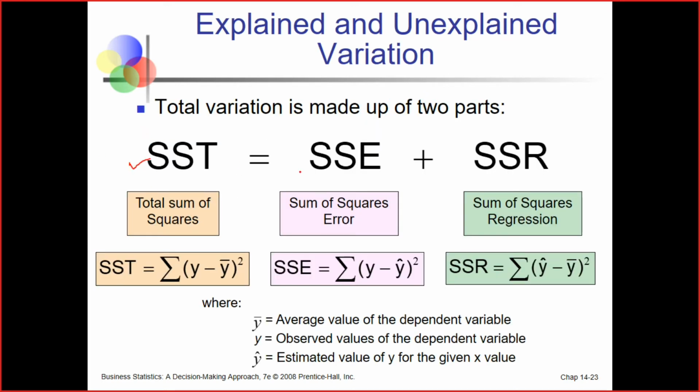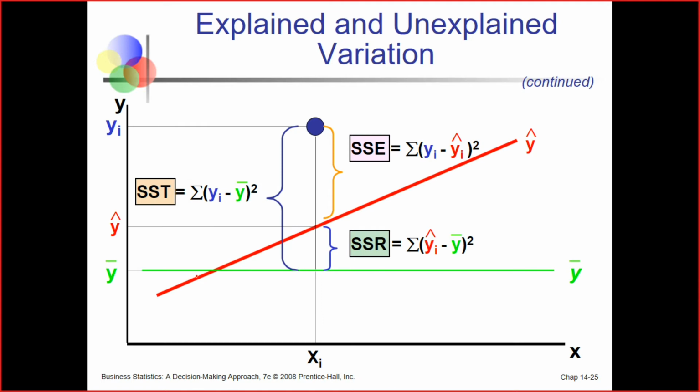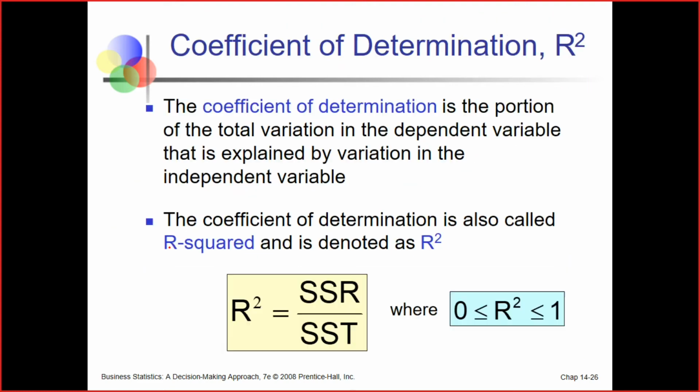SST is equal to SSE plus SSR. SSE means sum of square of error, right? SSR means sum of square of regression, and SST means sum of square of total. These are the pictorial representations, with the help of chart and diagram, where we actually see these values SST, SSE and SSR, and then how